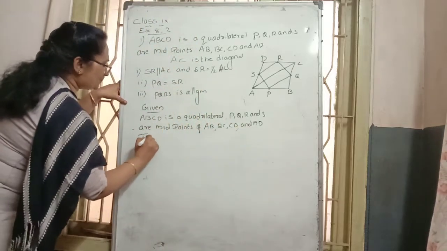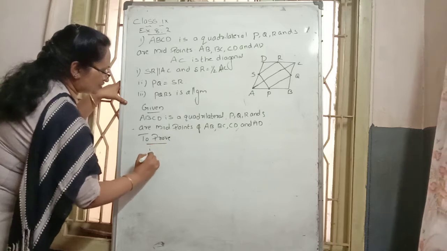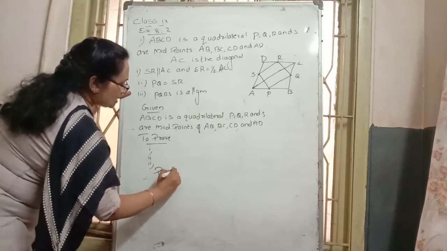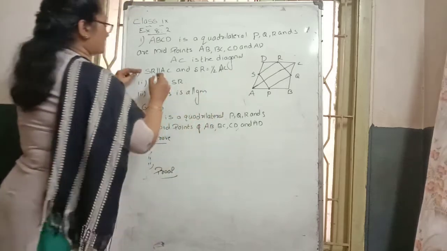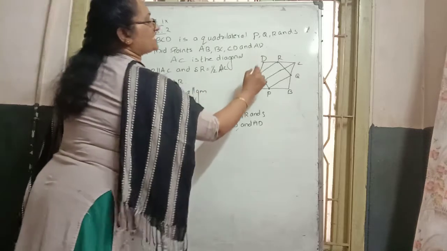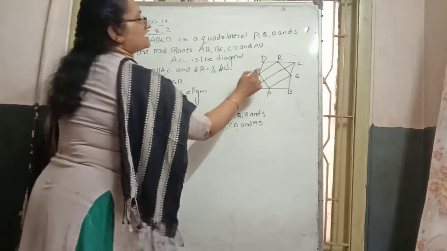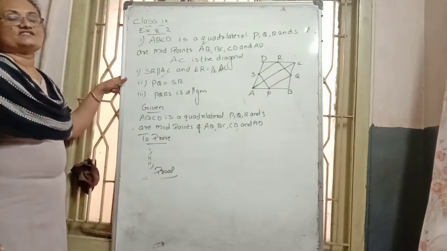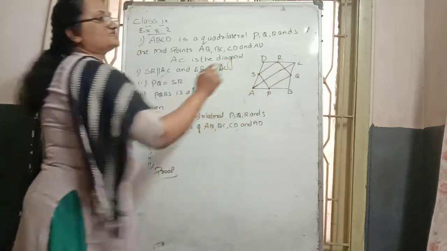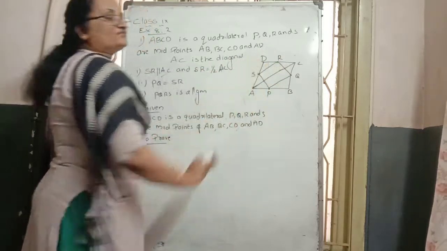Next, for the proof, we write the three conditions one by one. How do we prove that? First, our aim is to prove SR is parallel to AC. How to prove? First we consider triangle ADC. What can we say? S and R are the midpoints. So applying the midpoint theorem, SR is parallel to the AC side.